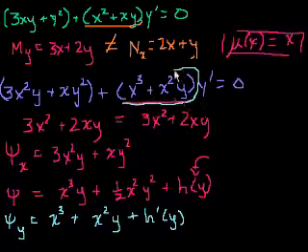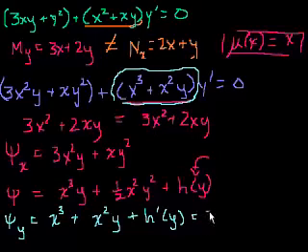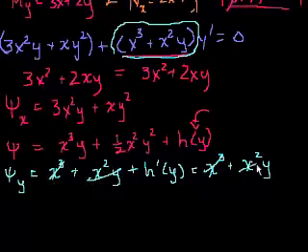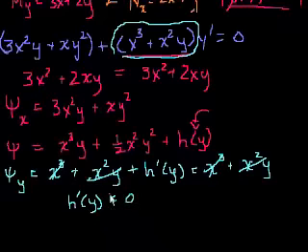So that's going to be equal to this right here. This should hopefully be making sense to you at this point. So that should be equal to x to the third plus x squared y. And interestingly enough, both of these terms are on this side, so let's subtract both of those terms from both sides. So x to the third, x squared y, and we're left with h prime of y is equal to